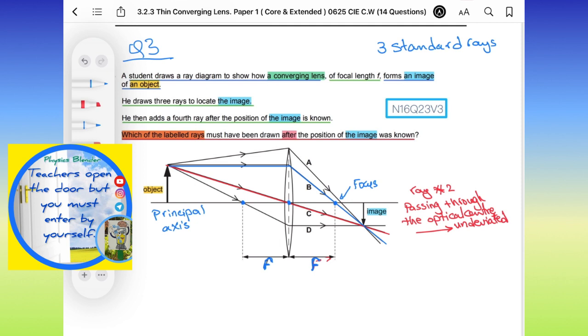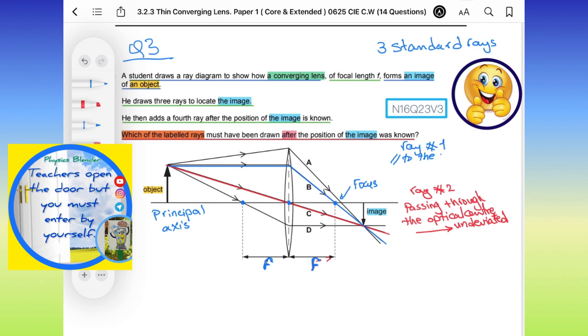So ray 1, it's parallel to the principal axis, it will refract through the focus. Is it clear? Okay, the third ray